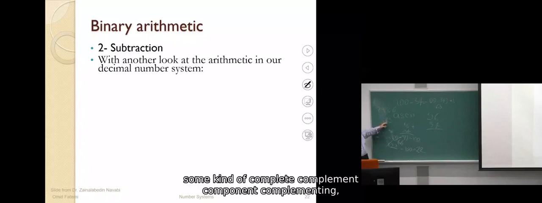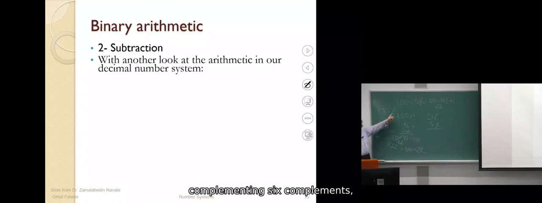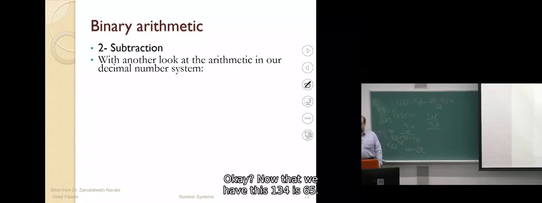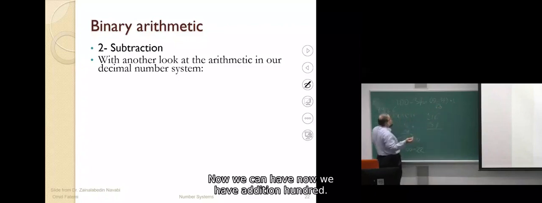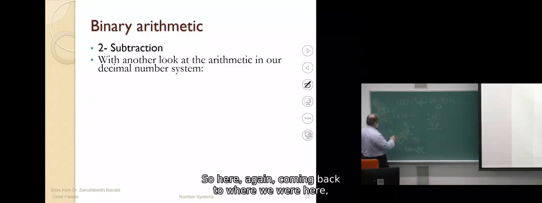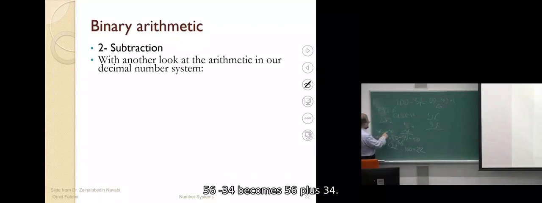This is some kind of complementing. 6 complements 3, 2, 7, 9, 0, 7, 2, 1, 8, and so on. Okay. Now that we have this one, 34 is 65. Now we have addition. 100, so here, again, coming back to where we were, 56 minus 34 becomes